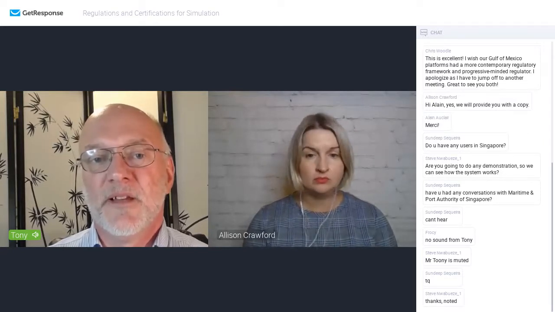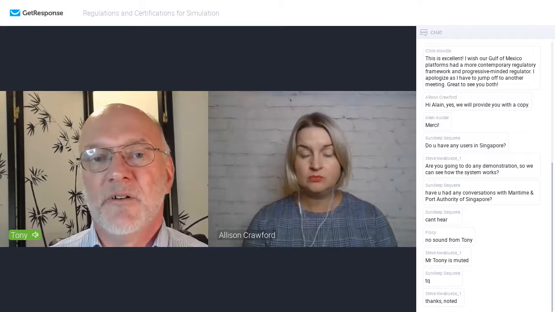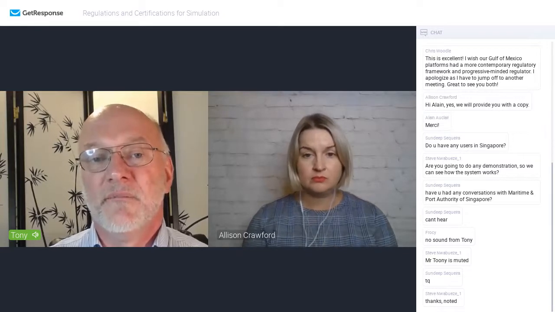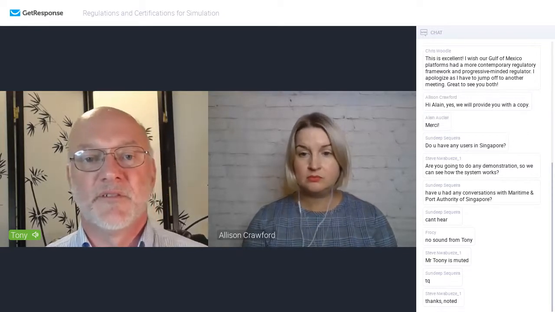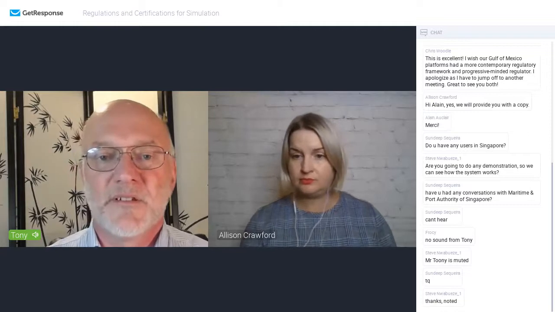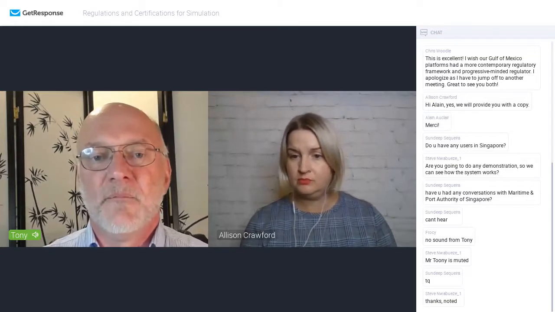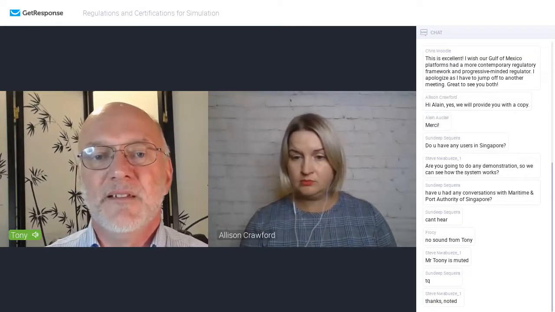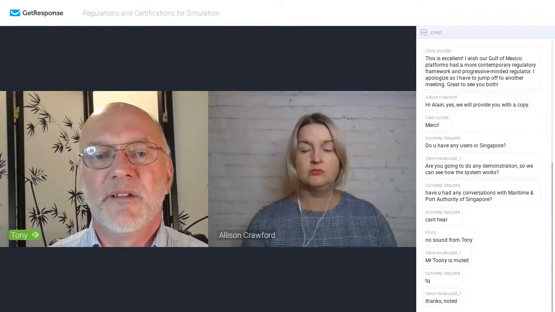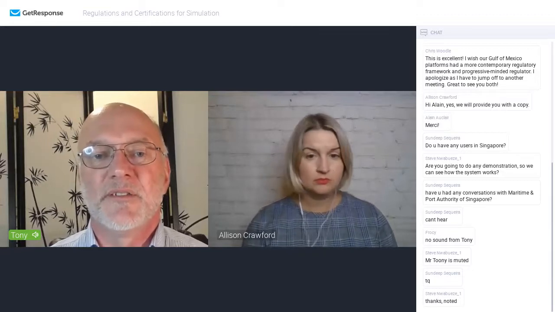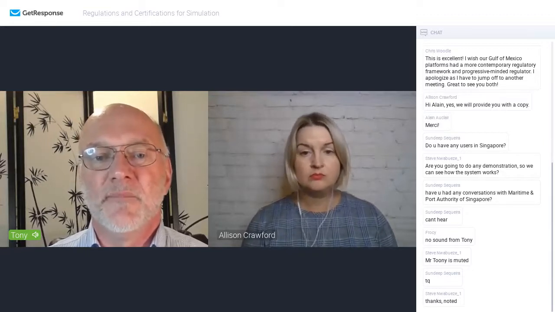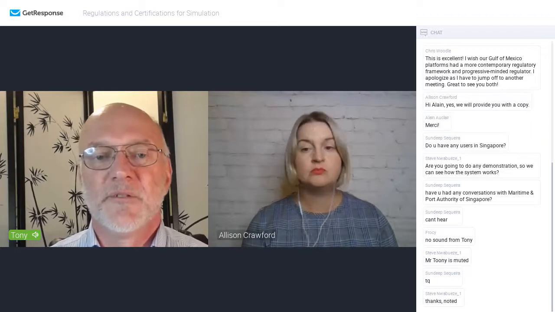The flag states actually were at IMO when all the discussions were being made to make those amendments to those different circulars and the convention itself. But what they need is they need somebody in the country, a training provider in the country, to say this is how we would like to train. And at that point, then they can mobilize to do approvals.